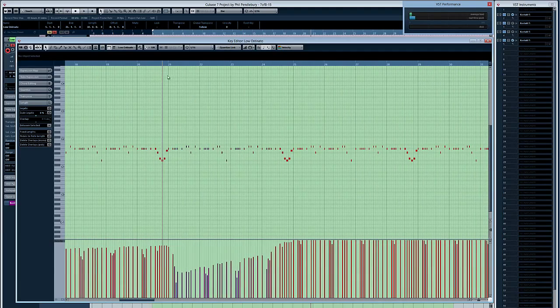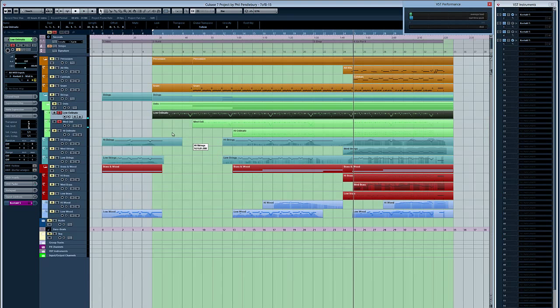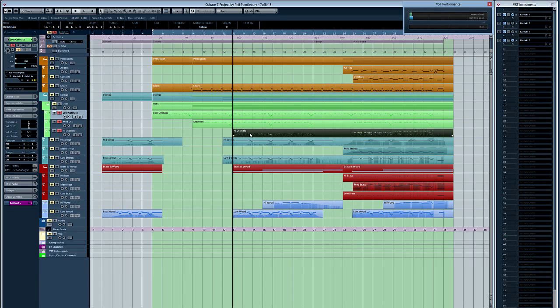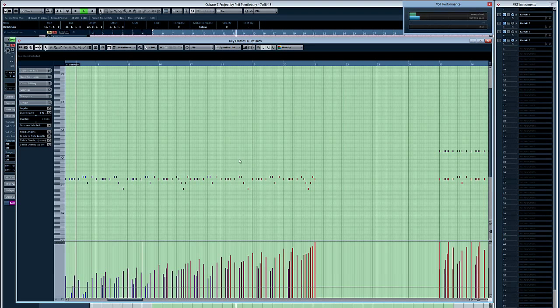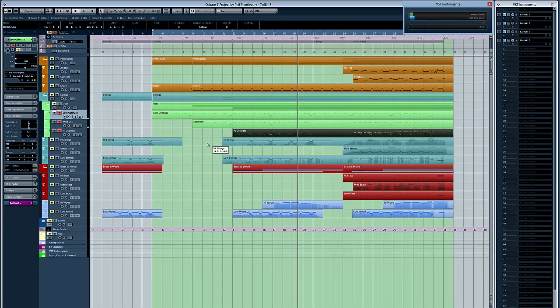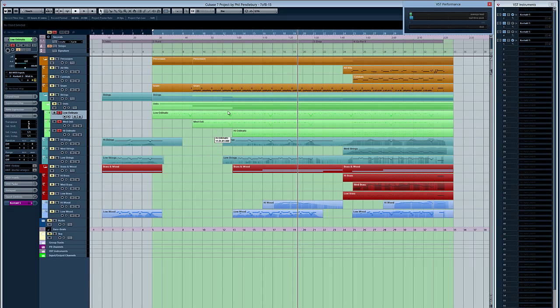So this is the breakdown. Unlike some of the other patches, the mod wheel doesn't have any effect on those. So I've got my three little ostinato parts that have all kind of built up. I was playing a fifth above, I think. So that was that, and what I did was I basically just built that up over a very short section,